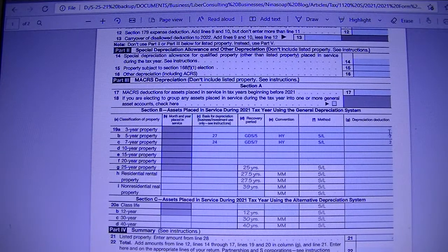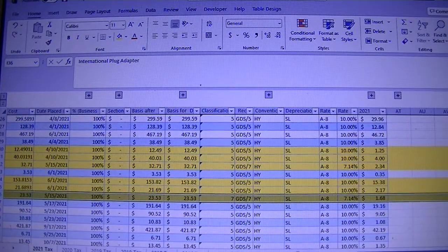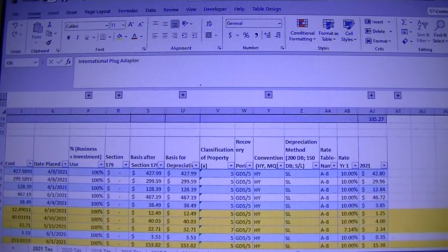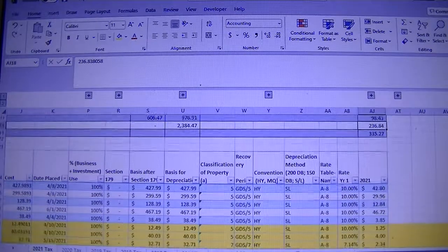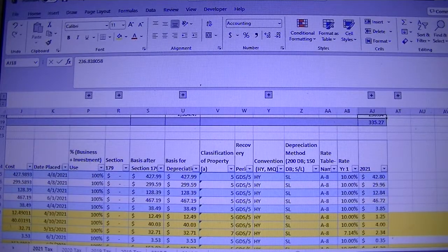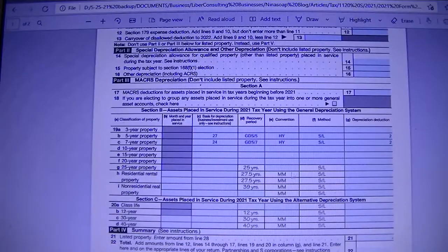And then you'll double check everything, and then you'll total the deduction there, and they should match the deduction you are taking. Sometimes it might be a few dollars off because of the rounding. And then you'll have the summary tab, which we had before, that has the prior year,